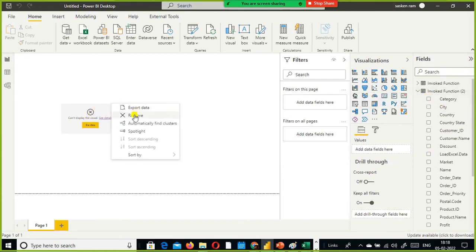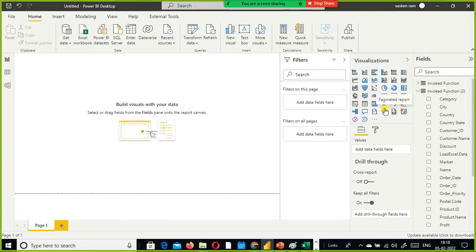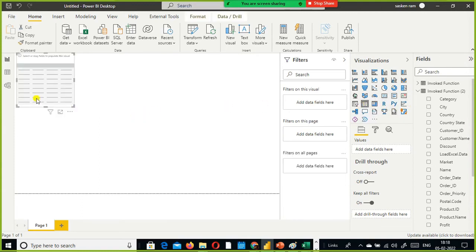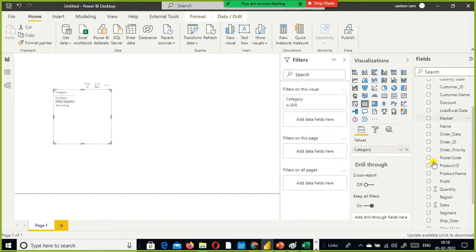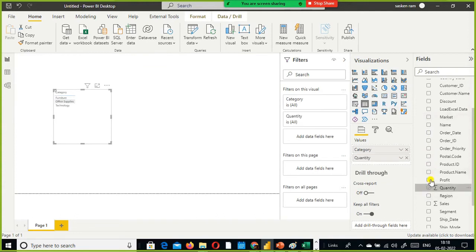I better remove this. Yeah, now it got it. So in case of any issues, you remove that, create a new visual, and just drag and drop it. Though it shows the values here, the 2 records got rejected. So come up with the solution.